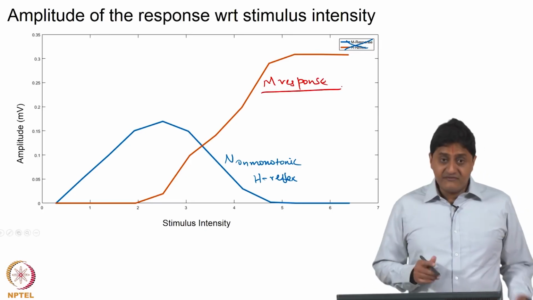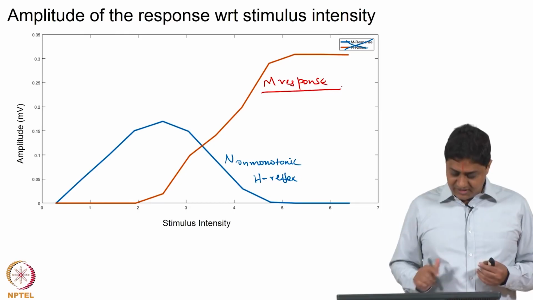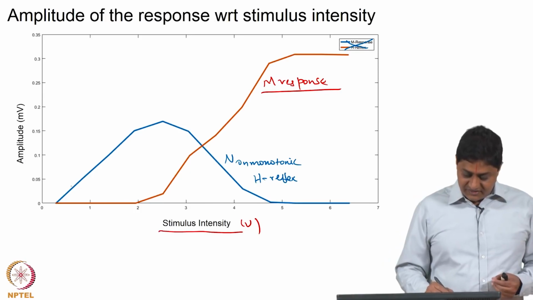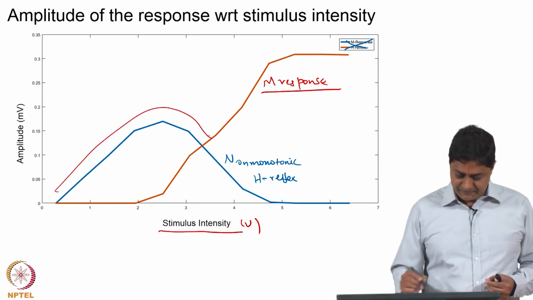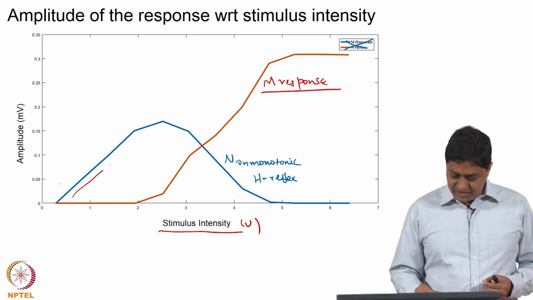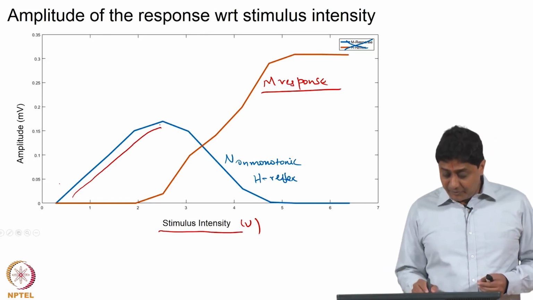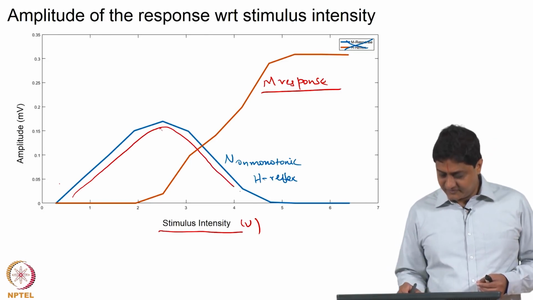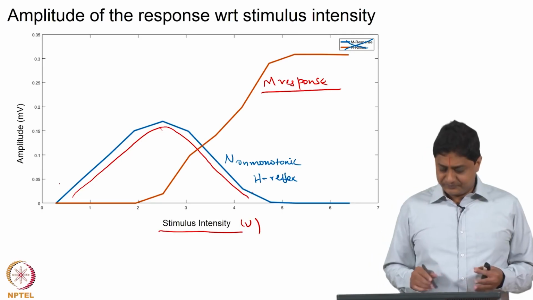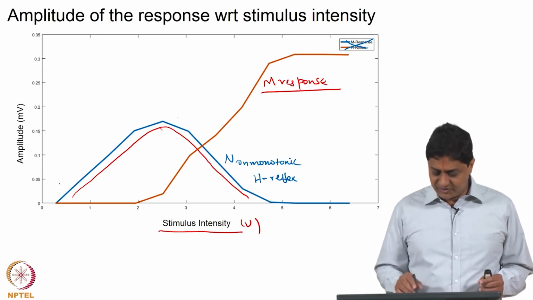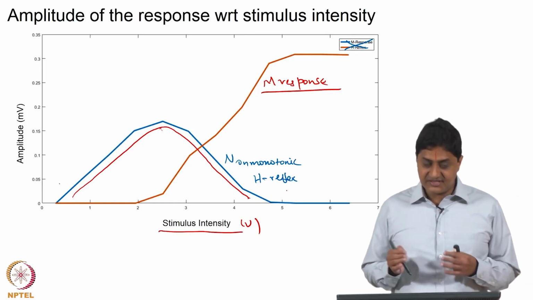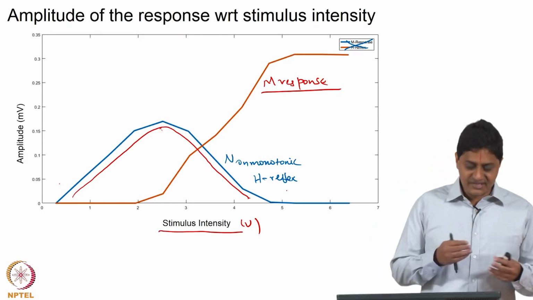This is the M response. We saw that as I increase the amplitude of the stimulus, so this is the stimulus amplitude, in volts actually, and this is the response, what we see is that as I increase the stimulus amplitude, the response continues to increase until some point, and after some point it starts to decrease like that. Actually it is a relatively smoother curve. Here we have drawn it with fewer points, which is why you are seeing a non-smooth curve here, but what happens is a smooth response like that. So this is the relationship between stimulus amplitude and response amplitude,